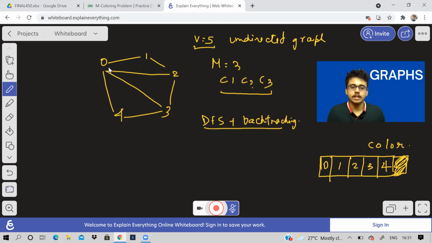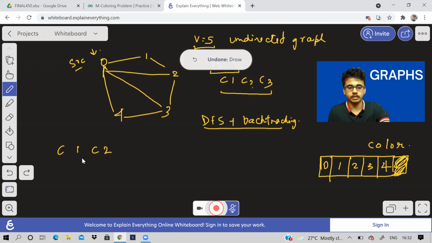Okay, so what is the algorithm? We start from a node, suppose we start from node 0, so this is the source node. Then we have M options, so we will iterate through all the options. In this case, we have options C1, C2, C3, right?